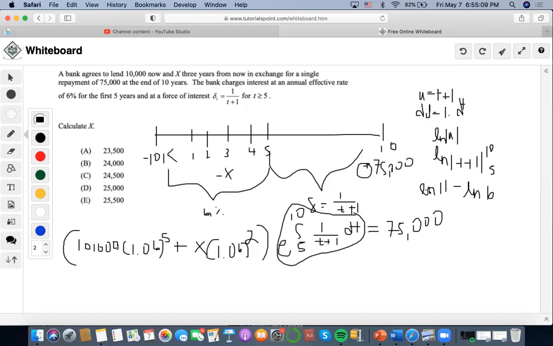And then afterwards, we would end up getting e to this amount, right? But based on quotient rules, since it's subtracting, this would become ln of 11 over 6. And since the base is e, we're just going to bring this whole thing down, and this whole interval will just equal 11 over 6, right? So let's just simply bring this to the other side, to 75,000, right? So I'm going to do that by dividing. So I'll do 75,000 times 6 divided by 11. And I'm going to get